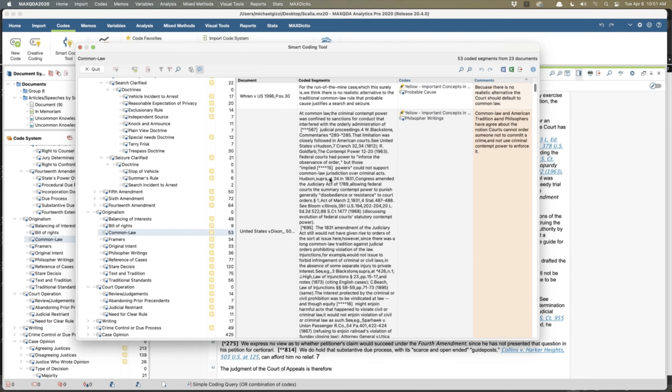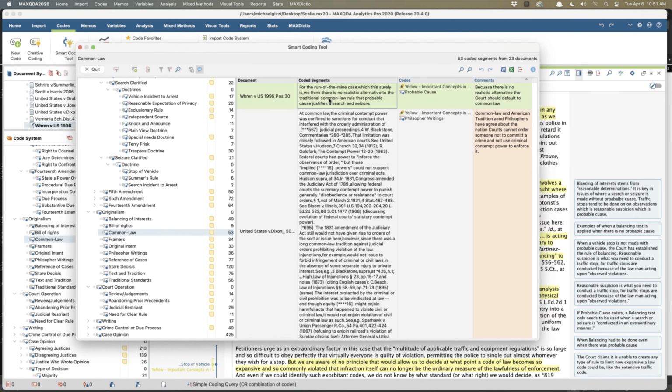This is a useful tool which I want to go into in greater depth next week. But say this example here, I'm making this up, also applied to this code, but it wasn't coded that way. I could drag this, and now that code is assigned to it. So it's a real useful tool. I use this tool in the analysis stage. So in 2 weeks, we will spend a lot of time talking about the ways.